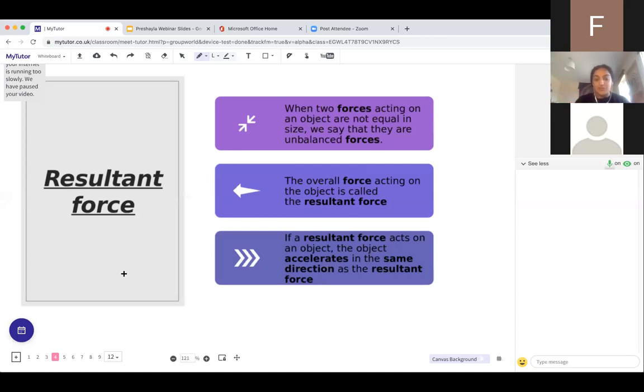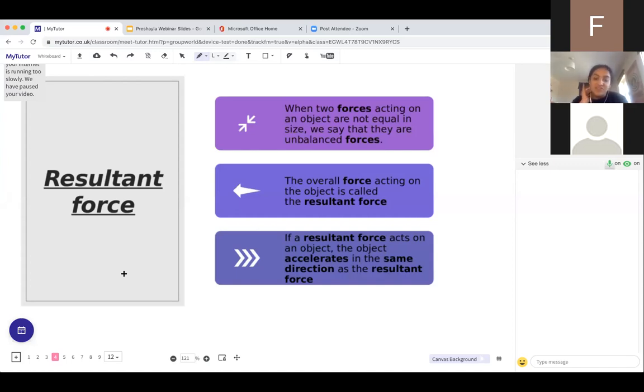So the resultant force is going to go to the right because there's a bigger force acting that way. Okay, so they're unbalanced. The net force, the bigger force, is in the right direction. So the resultant force is to the right. Okay, so another example is